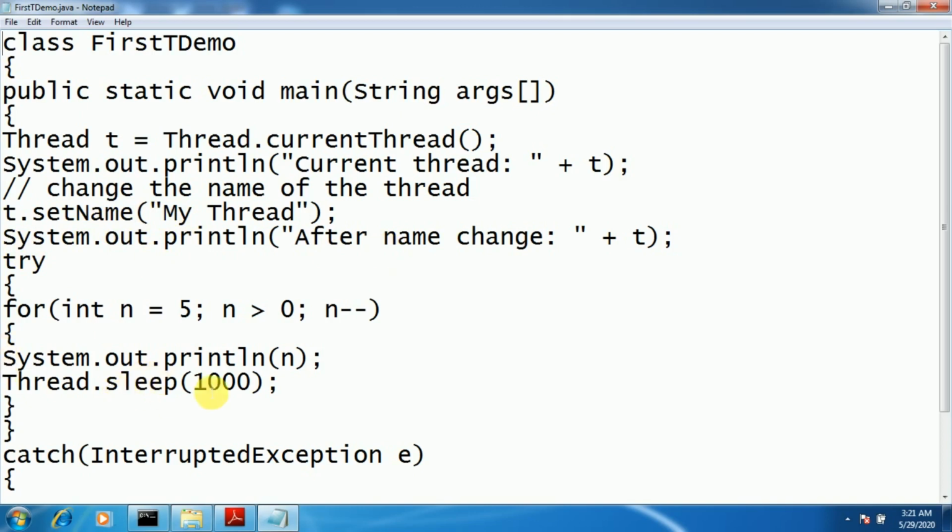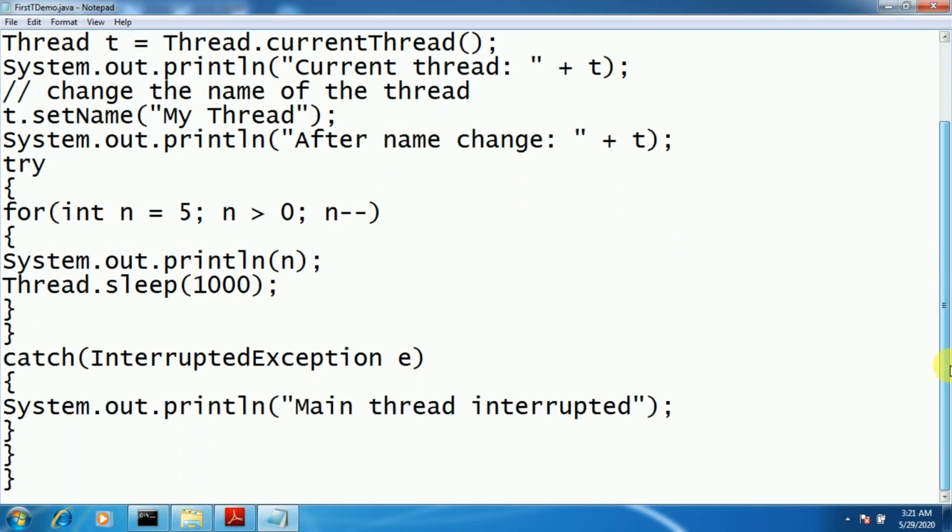Then sleep is a method which allows the task assigned to that thread to display and sleep for 1 second. So 1000 is the parameter which will be passed to sleep. It's in milliseconds, so 1000 milliseconds is 1 second. After displaying one value, it sleeps for 1 second, and after that it will go for displaying the second value, third value, fourth value, like that. You will be getting the output of the program.